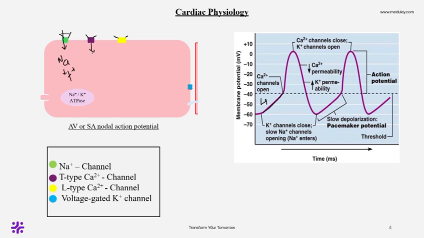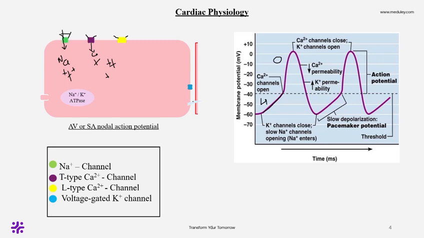As the calcium enters the cell, the cell becomes more positive, and this positiveness will cause the cell to move from the threshold potential to the peak level. As it reaches the peak level, which is phase 0,